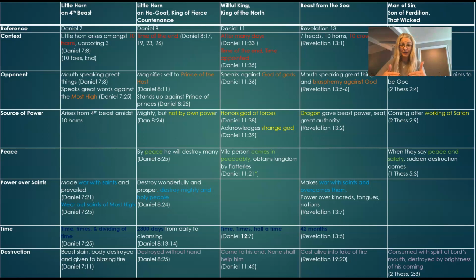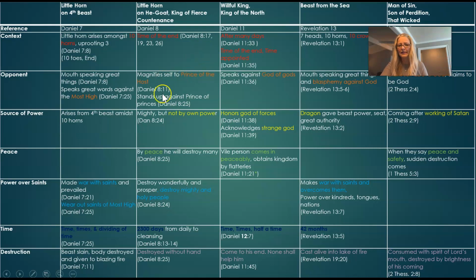If we compare the components, we can see the similarities between the horns and the beasts and the kings. The little horn on Daniel's fourth beast has a mouth speaking great things, and he speaks words against the Most High. So clearly the little horn amongst the 10 horns on Daniel's fourth beast is speaking against God, referred to as the Most High. The little horn on the he-goat